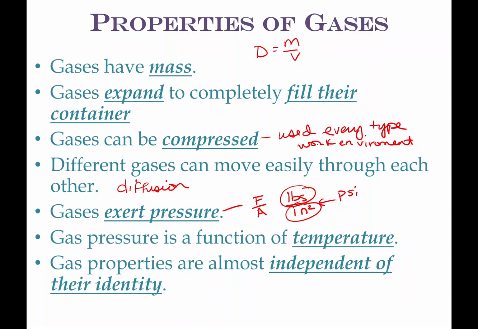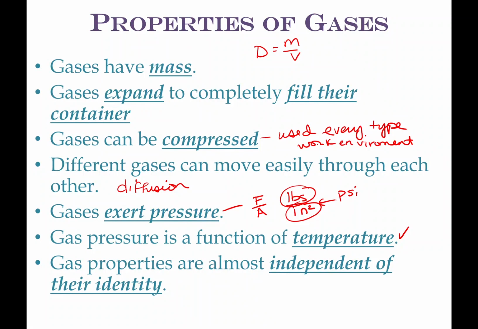Gas pressure is also a function of temperature. You know this. You take a balloon that's all filled up and you walk outside and it's cold out. What happens to the balloon? I hope you all said it shrinks, right? It shrinks down, shrivels up, but then when you bring it back into a warm environment, it tends to reinflate. Because the temperature goes down, the pressure goes down.